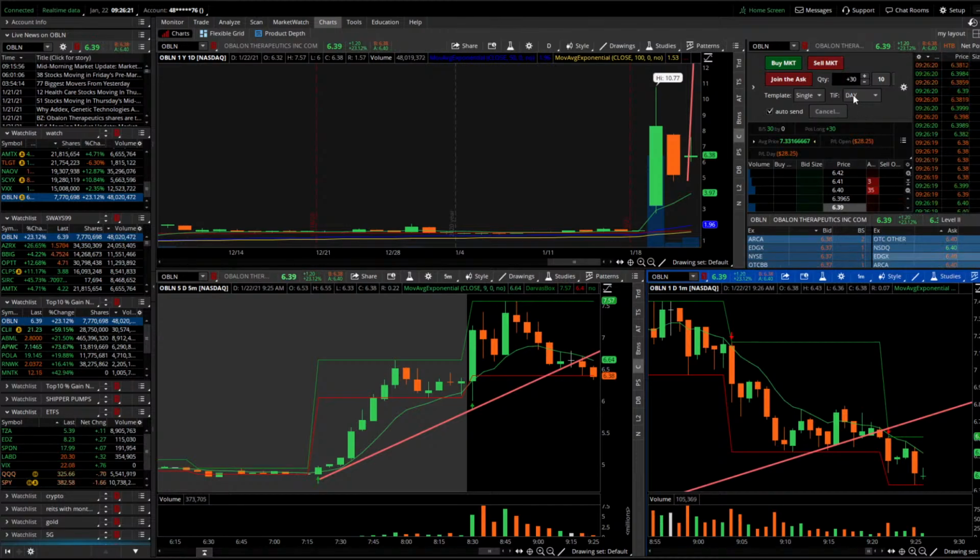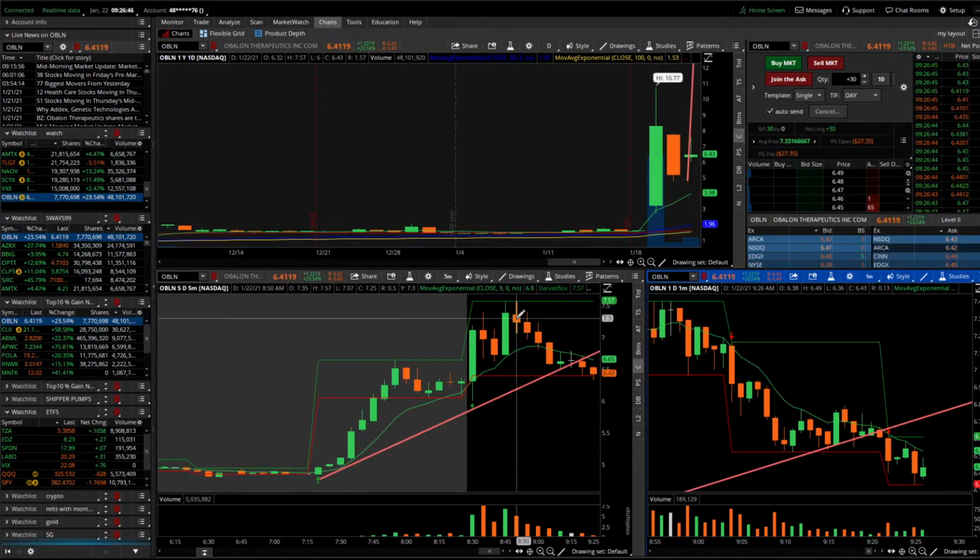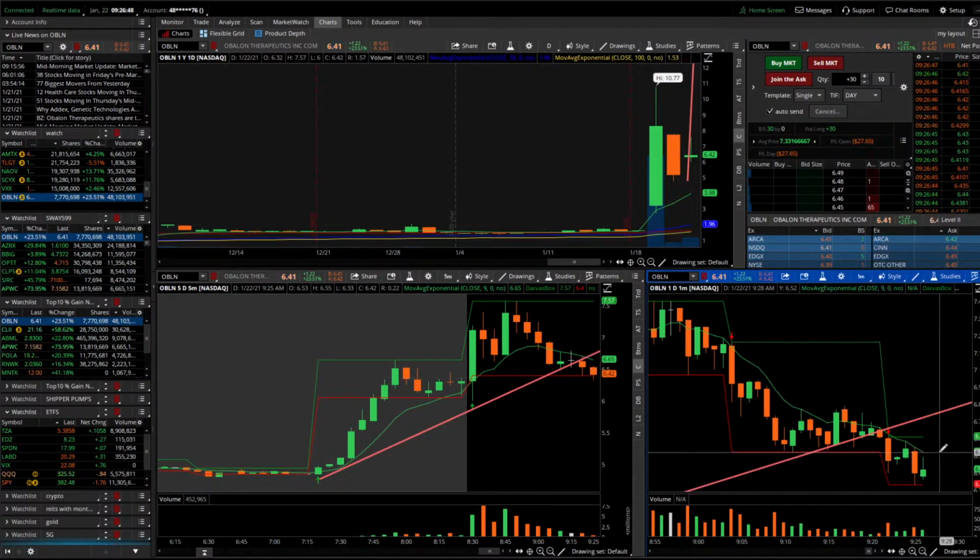See, 640 starting to hold as resistance again. So a little bit of buying coming back in there. Now this could be buying or this could be shorters covering their positions, because this did just drop from 750 to 650. That's a whole dollar drop. So this could be shorters covering